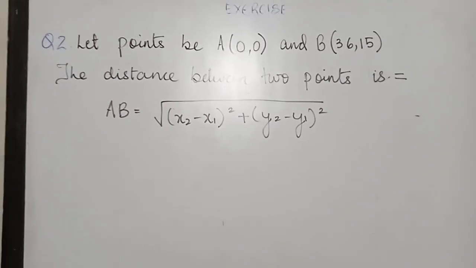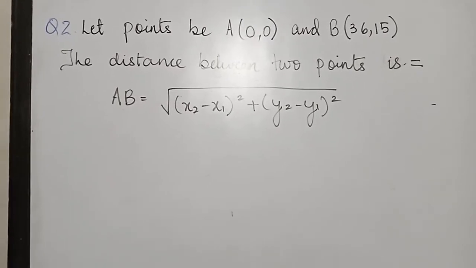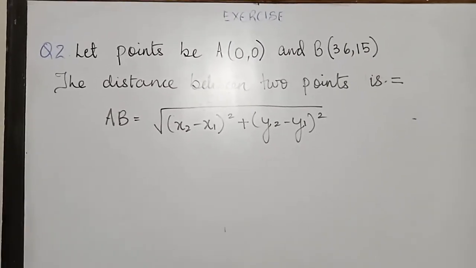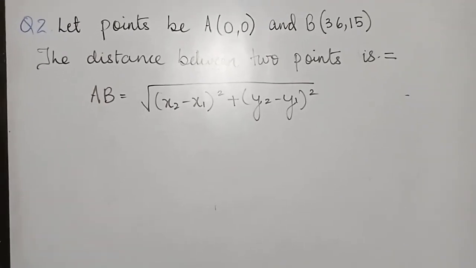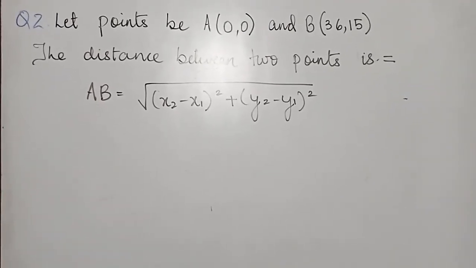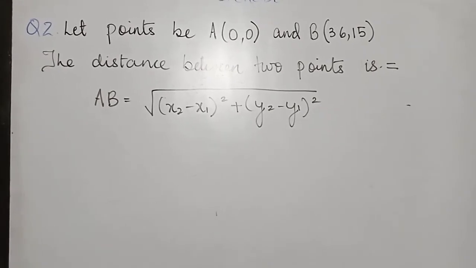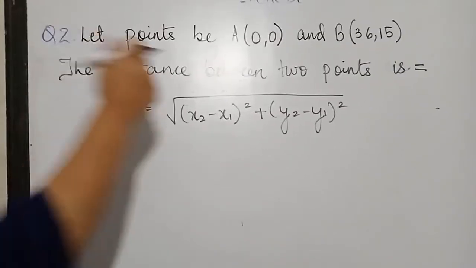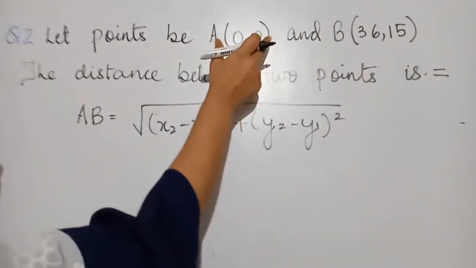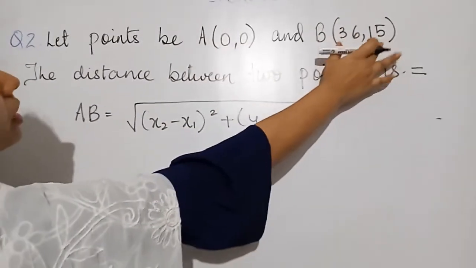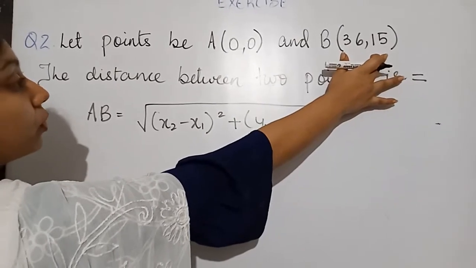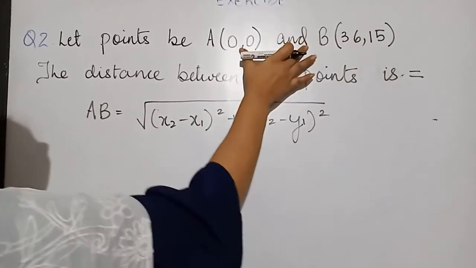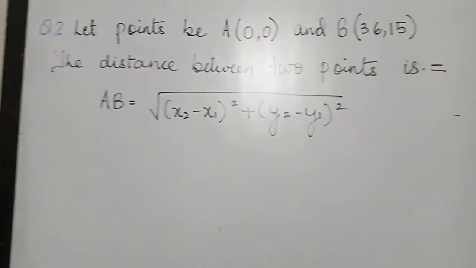Now children, if you see in section 7.2, page number 156, it is written as, let us consider the following situation. A town B is located 36 km east and 15 km north of the town A. Now, over here, this point 0, 0, we will consider it as town A, and for town B we will consider the points 36 and 15. So, we have to find the distance between the two towns.